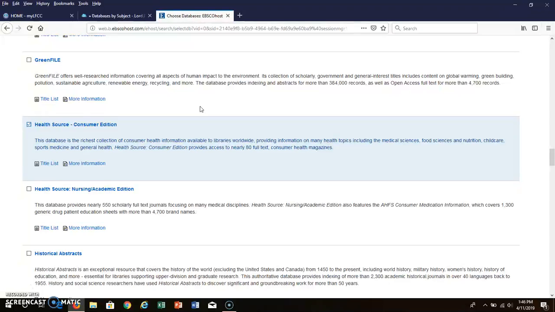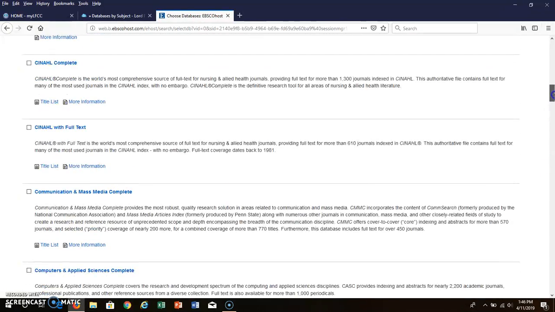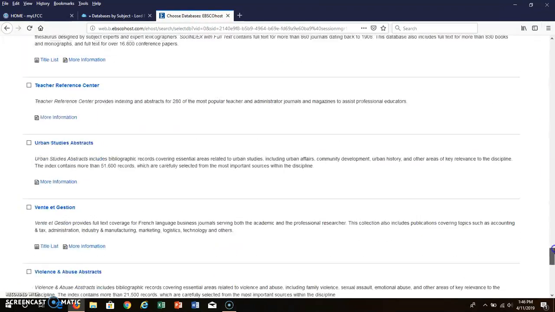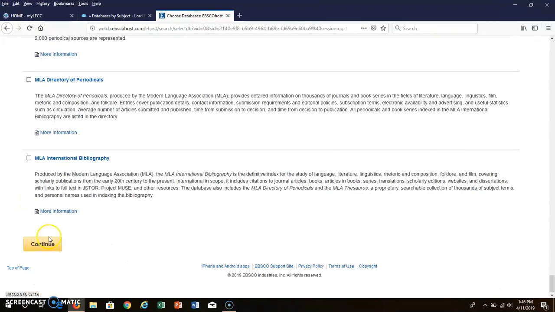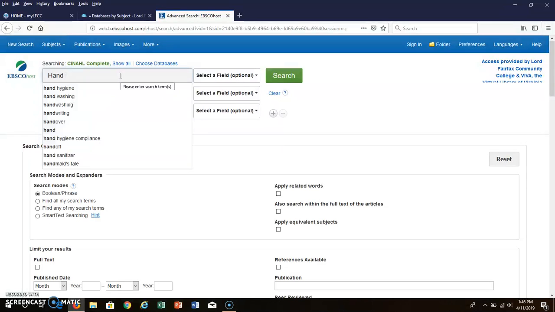Okay, so we're going to click the two alternative ones that I was thinking about. With full text, that's going to help us pull up articles that we can read all of. We'll just go with those 3 for right now. Here's where I can type in what I'm going to search. So we can do hand hygiene,